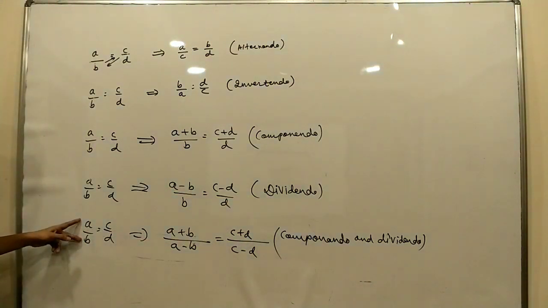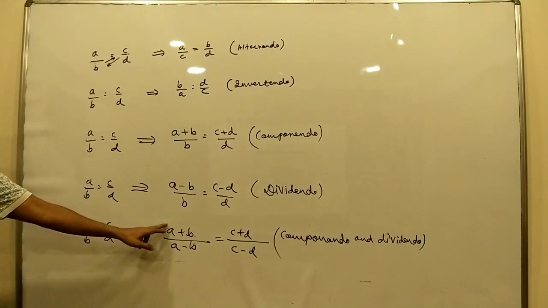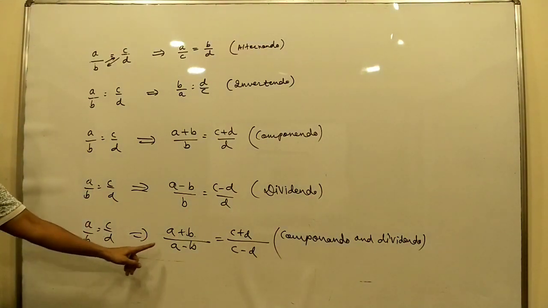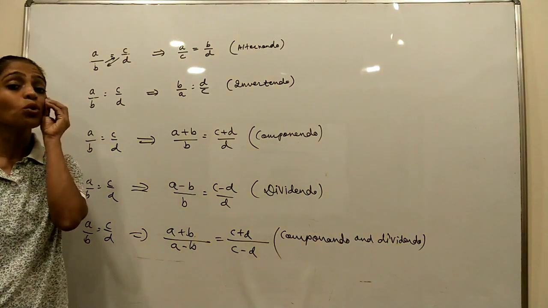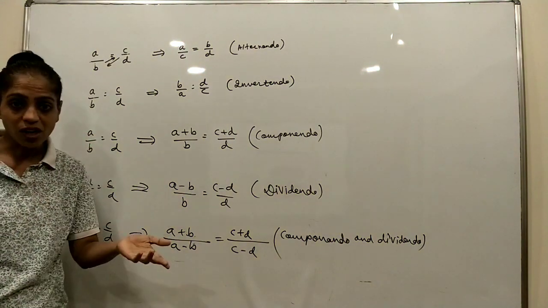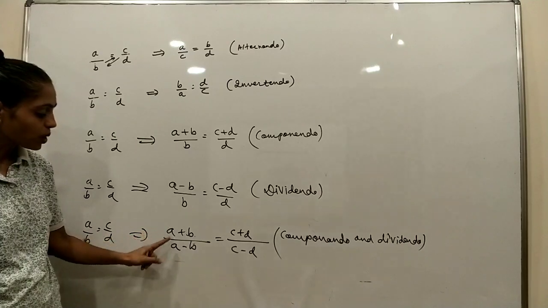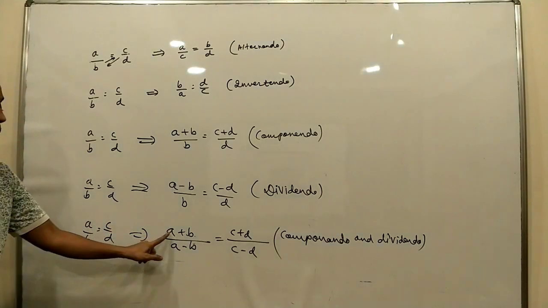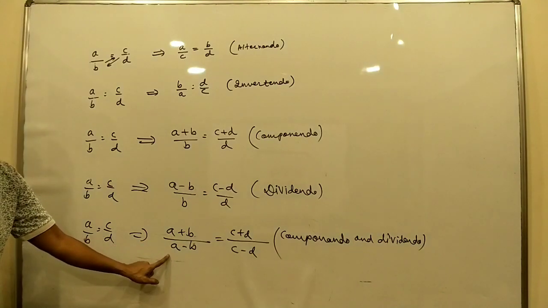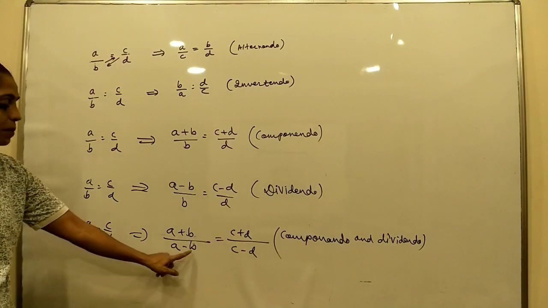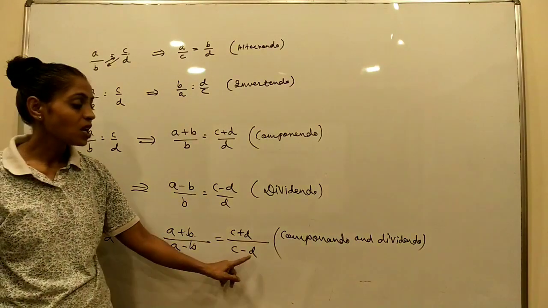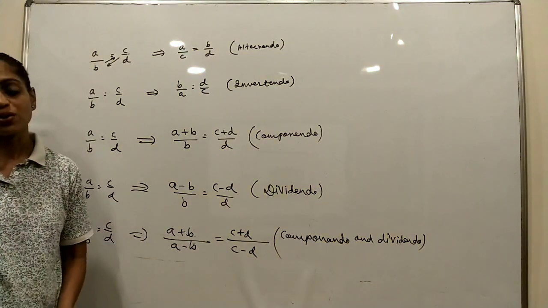But in a single ratio, componendo and dividendo both we take together is A plus B and A minus B. But be careful, you have to take numerator plus first in numerator as well as denominator. For example, if numerator is A then A comes first on top, and A comes first at the bottom also. A plus B and A minus B, C plus D and C minus D, not D minus C. Okay, first numerator is C so C will come first. It is known as componendo dividendo. Right?